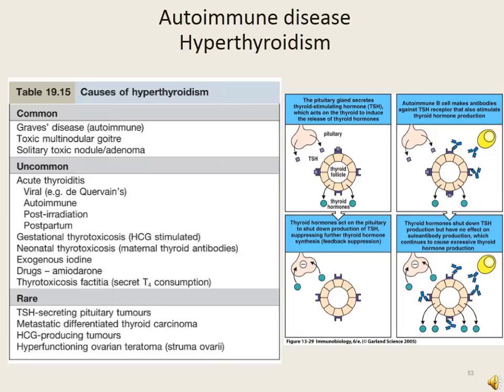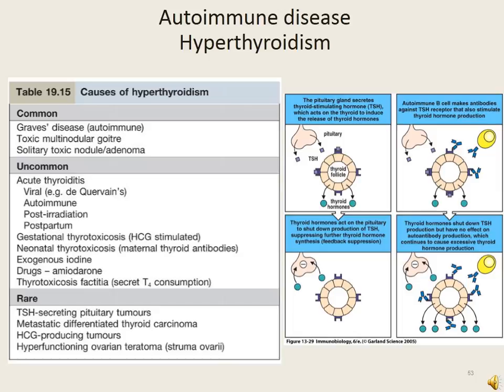Okay, and the uncommon is infection by virus, post-irradiation, for example. And another group of hyperthyroidism that is very rare is the tumor of the TSH secreting